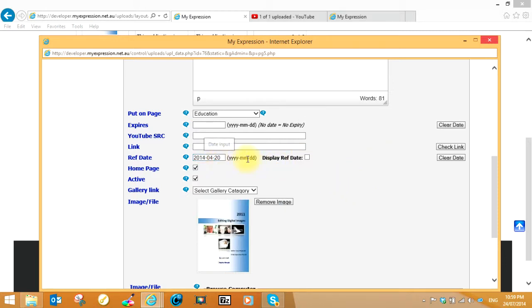You may use the date, and then you may decide either to show the date on the screen or not show it, so that's entirely up to you. You tick that box if you want to display that reference date on the screen. In some instances, the system may tell you that you need to have a reference date, but I won't worry about explaining why that is,